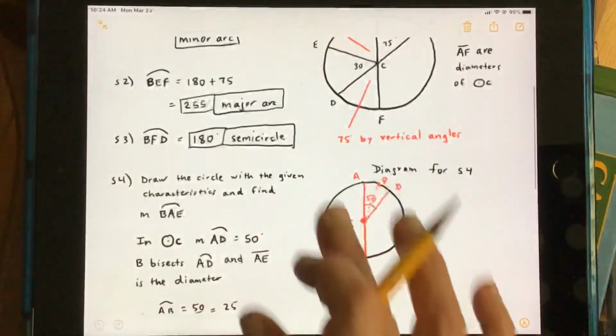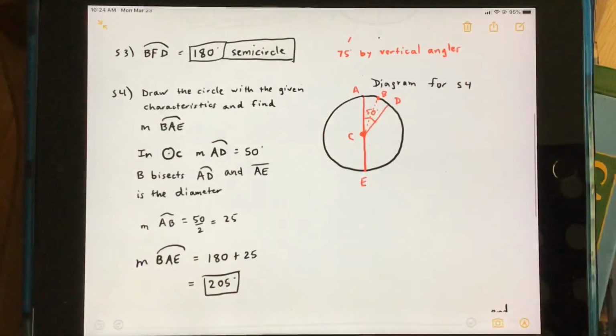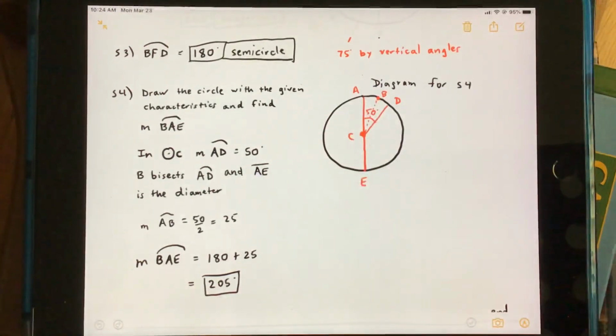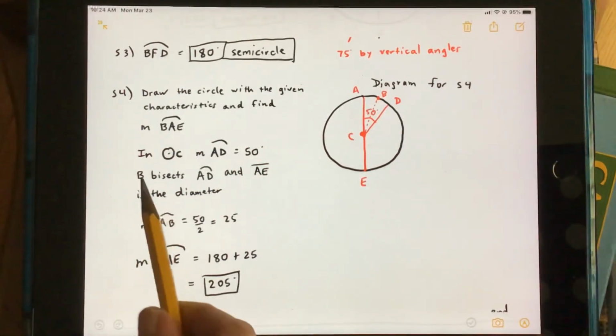Last sample. Draw the circle with the given characteristics, and then find the measurement of arc BAE. So I've drawn a circle here, and then you need to put all the information in red based on what you're told. So this is our diagram for sample 4 once we've read through it and discovered that in circle